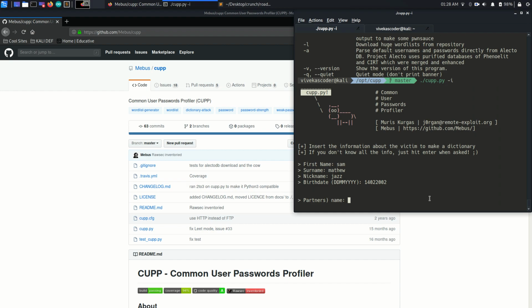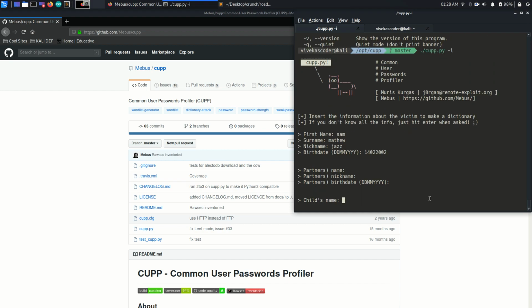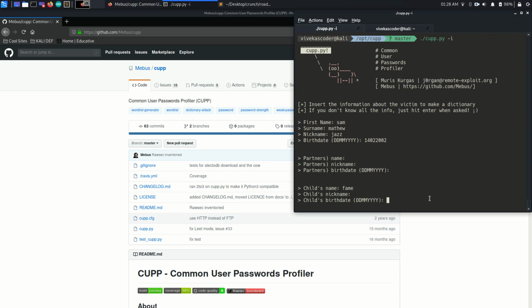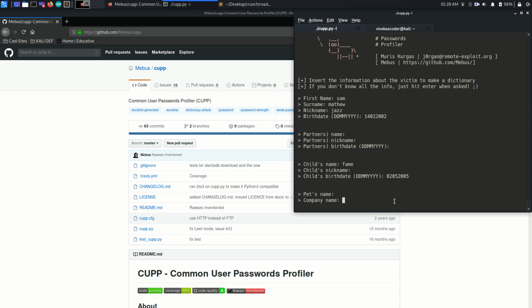Partner's name, it doesn't have any partner, it doesn't have nickname, but it does have a child. Child's nickname, there is no nickname. Date of birth, who cares, just provide a random one. Pet's name, it doesn't have a pet. Company name, let's say Jazz Work.